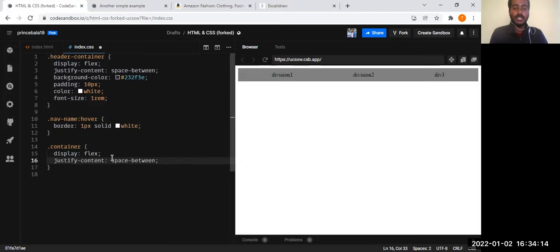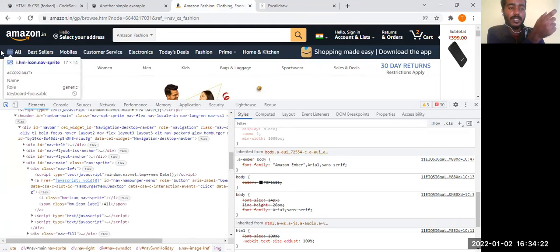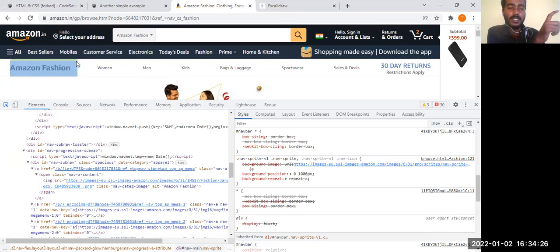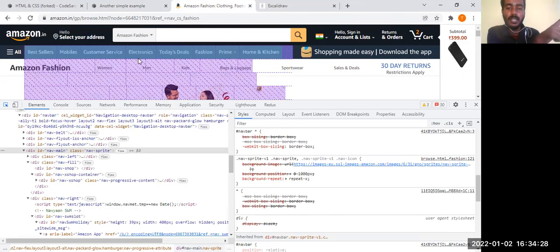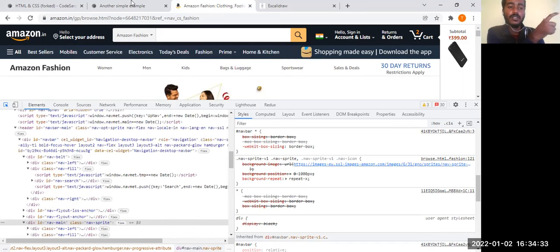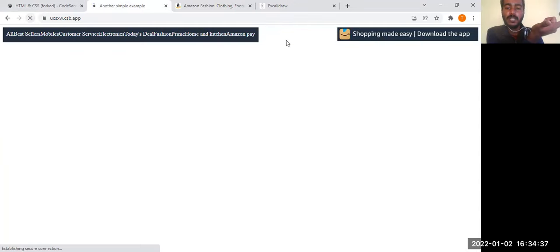Why should you give space-between? If you notice, this is a whole division, and in that this will be one division and this will be one division, and there is a space between these two divisions. So we can use space-between to give the space between them.